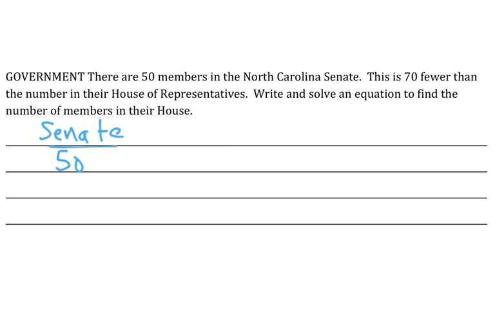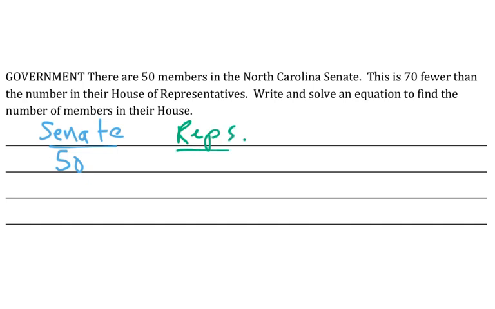This is 70 fewer than the number in their House of Representatives. Now here's the deal. This is their House of Representatives. It's not like we're comparing North Carolina to a different state. So let's just hang tight. Now the reps,